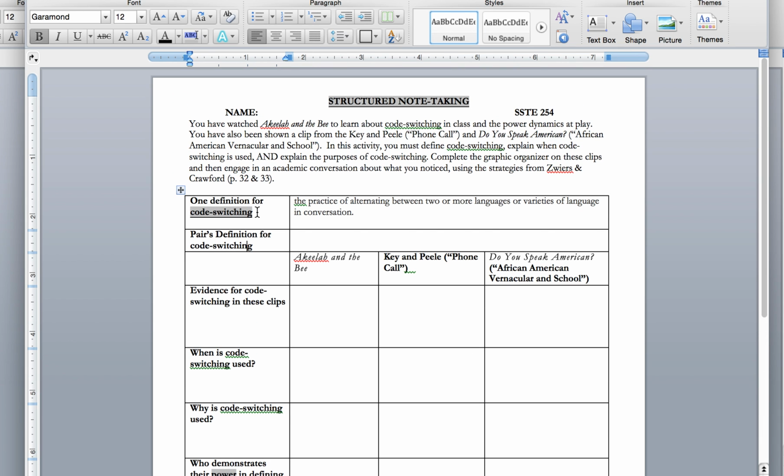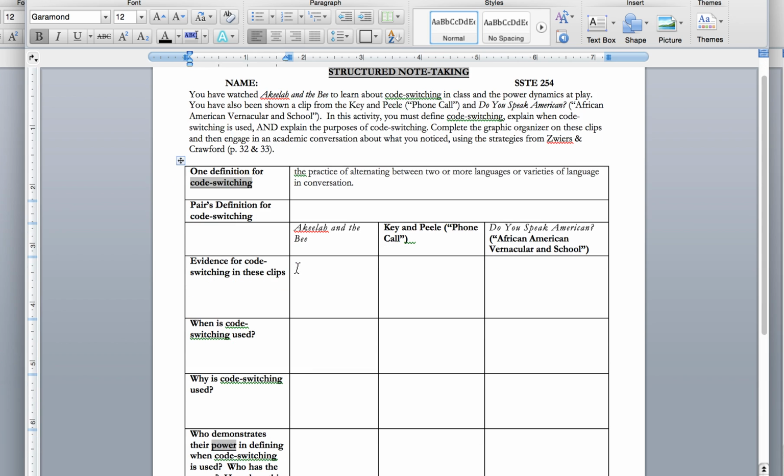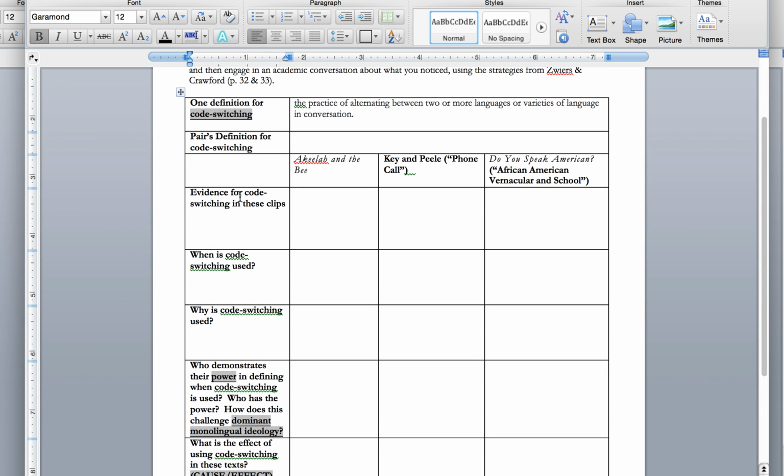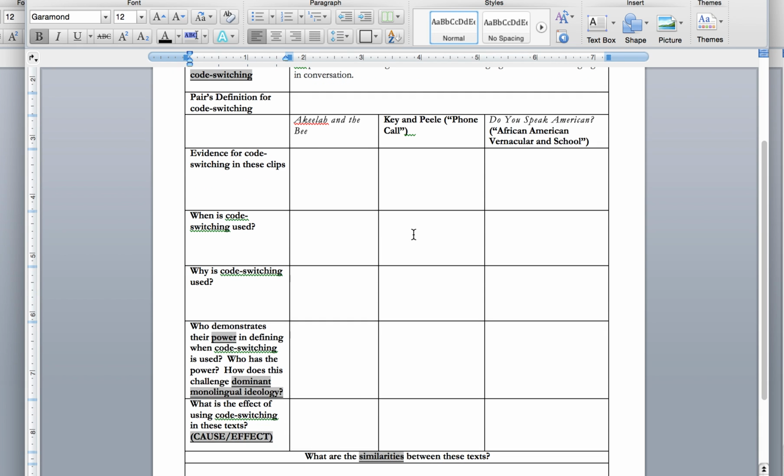So we have a definition for code switching, one definition. The pair would redefine in their own words. We have the 3 texts here that are going to be compared. We're looking for evidence of code switching in these clips all the way through. When, what specific times,